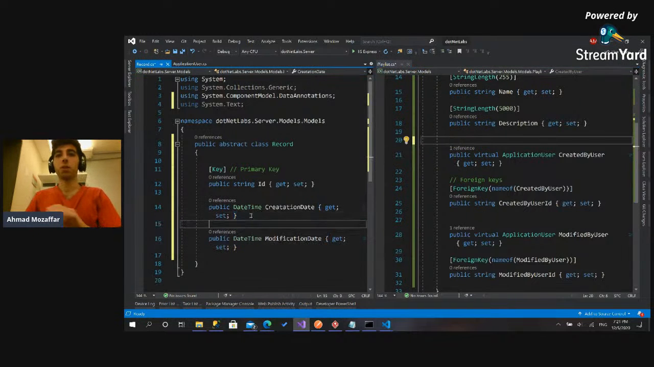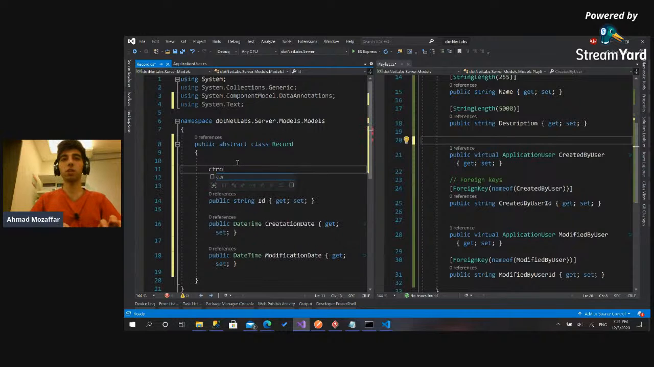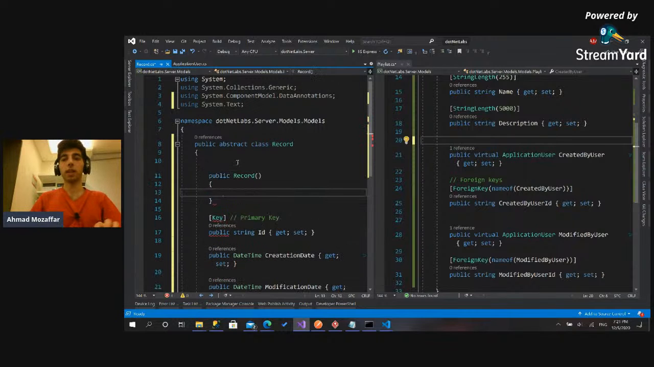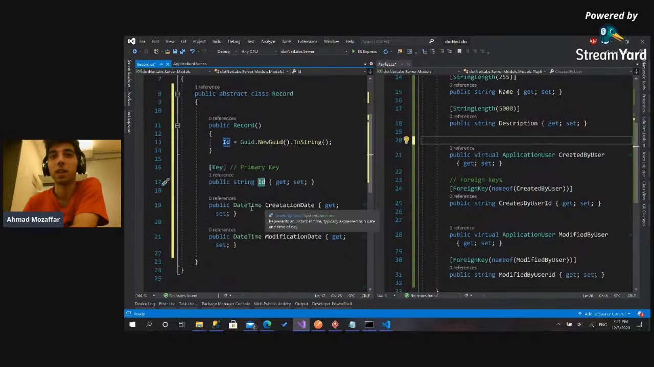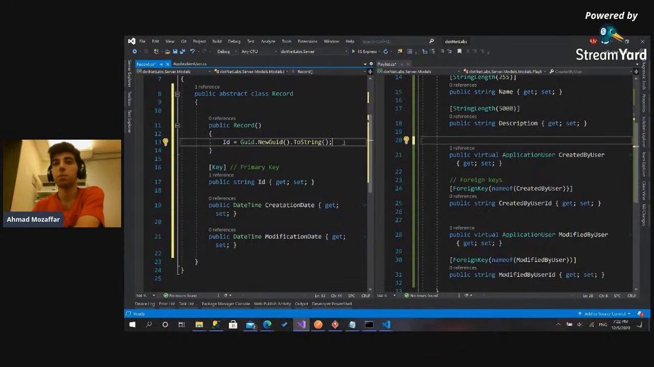Okay, so this is a good thing. Now I will have a constructor here, and I will add the ID equals Guid.NewGuid().ToString(). So whenever I create a new object, I'm not worrying about this value, it will be populated automatically by a new ID, and this is great. Now, what about this? Should I add them here to give them the DateTime.UtcNow? Yeah, but